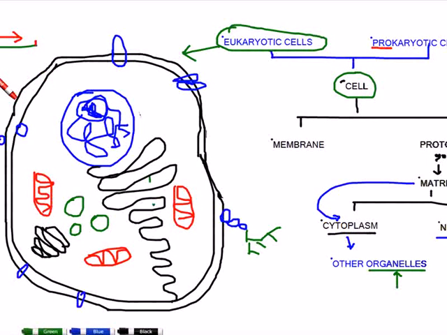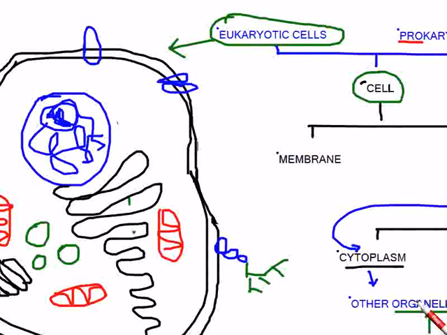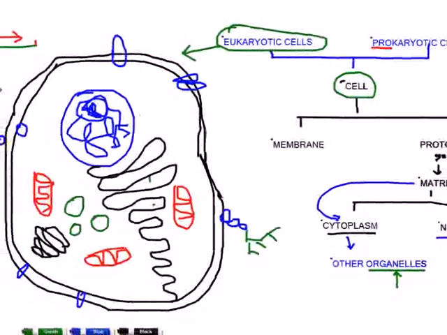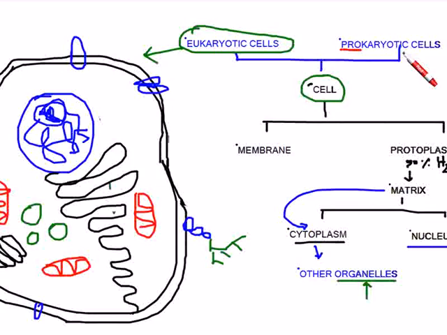Those cells are not fully made, according to our terms, because they do not contain organelles. Organelles means membrane bound particles that possess a particular function in the cell. We don't have those organelles there, so we call it the pro type of cells, and those cells are very simple in structure. Most of the time the organisms are made up of only one such cell. We call them the prokaryotic cells or the old type of cells, and the eukaryotic cells is this type